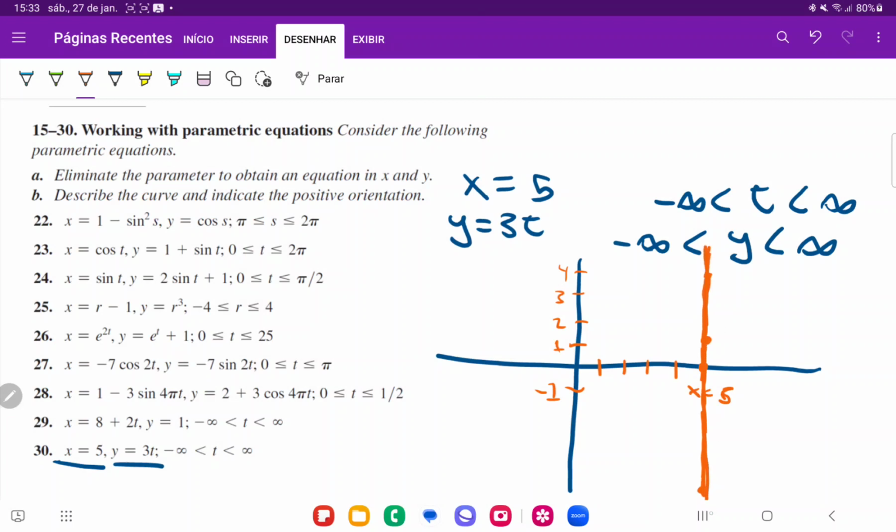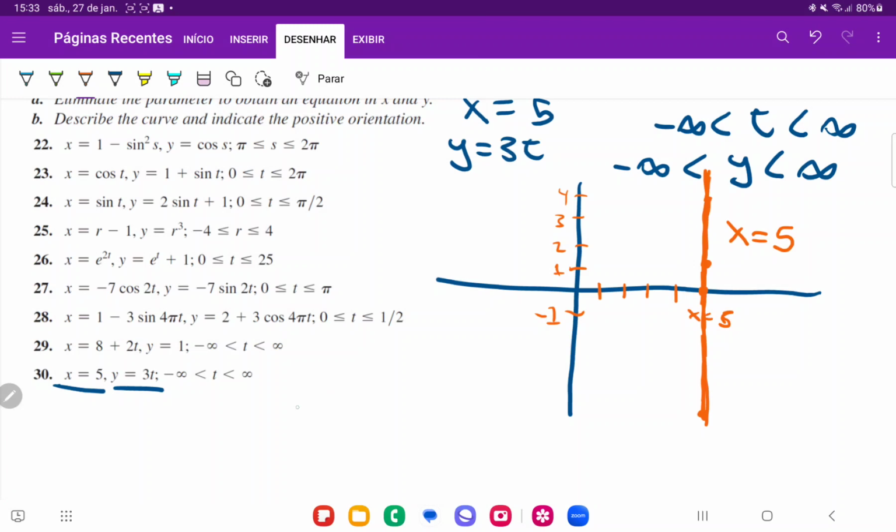So we can see that our curve looks like this, where if you would make a table of values, you can see that you can get any value of y that you want, but you would stay fixed at x is equal to 5. So if you would describe this curve here, the equation of this line is just x is equal to 5, because this is a sufficient restriction to describe the curve. So this is the vertical line. Oops, let me rewrite this. The vertical line